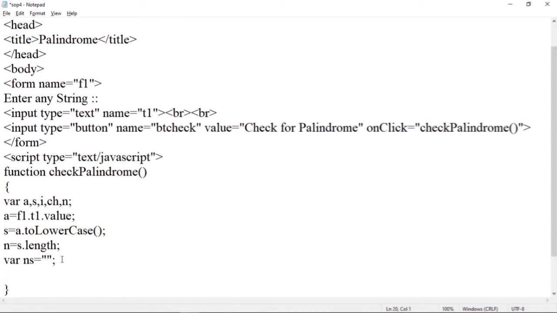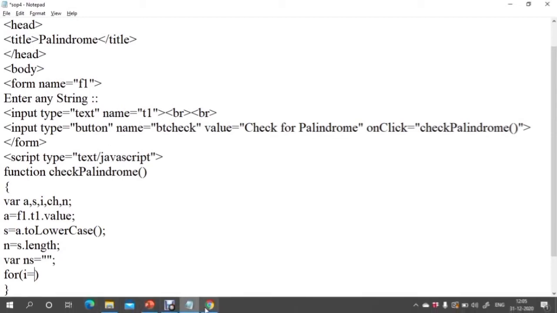After this, now we have to use a for loop. So for, we have declared the variable I. Now suppose you have entered a b c d as a string, then we have to start from the d. See here, if your string is a b c d, then the first character that we want is nothing but d.